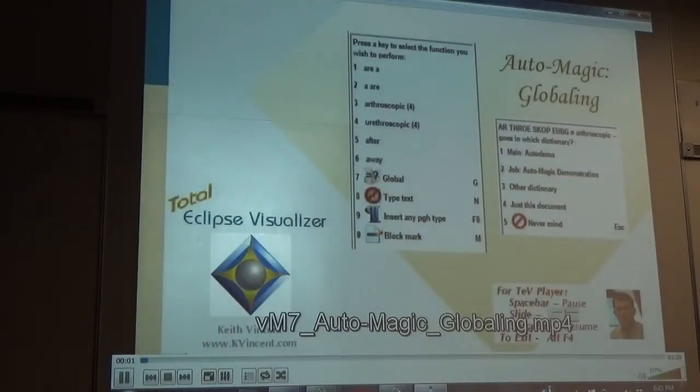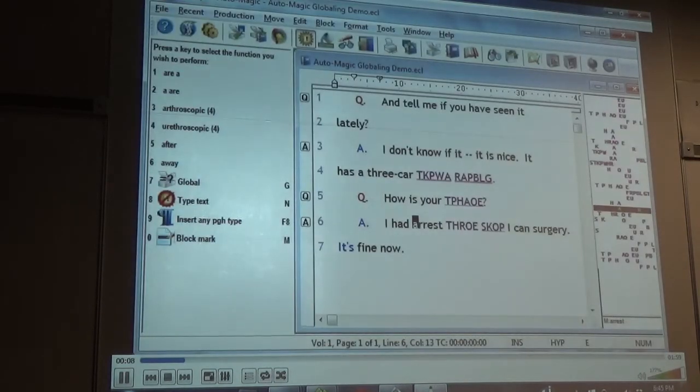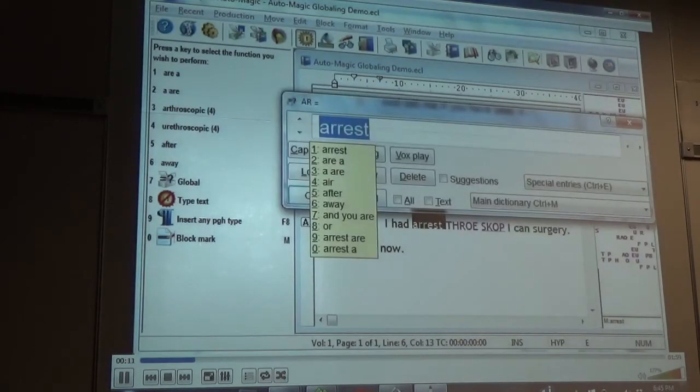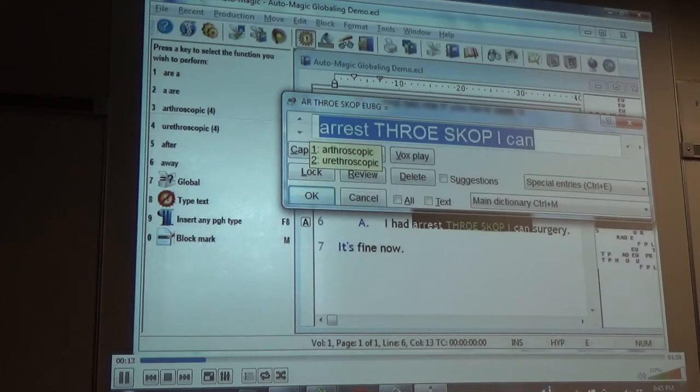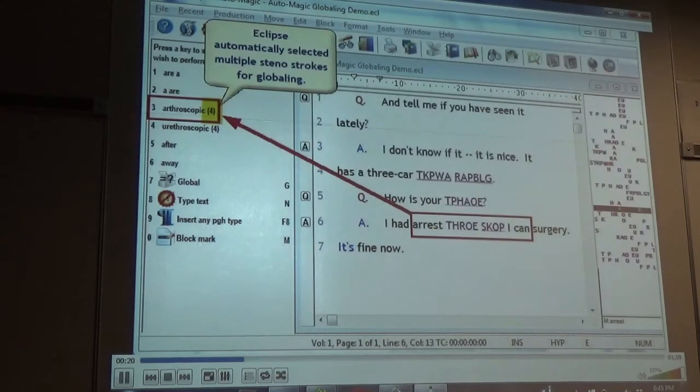Let's see some of the choices that AutoMagic offers for dealing with untranslates and global replacements. In 2006, Eclipse introduced Global Magic. Just mark your notes and pick a choice off a list. It's that easy. You can still use the powerful and efficient globaling dialog, but it takes fewer steps to use